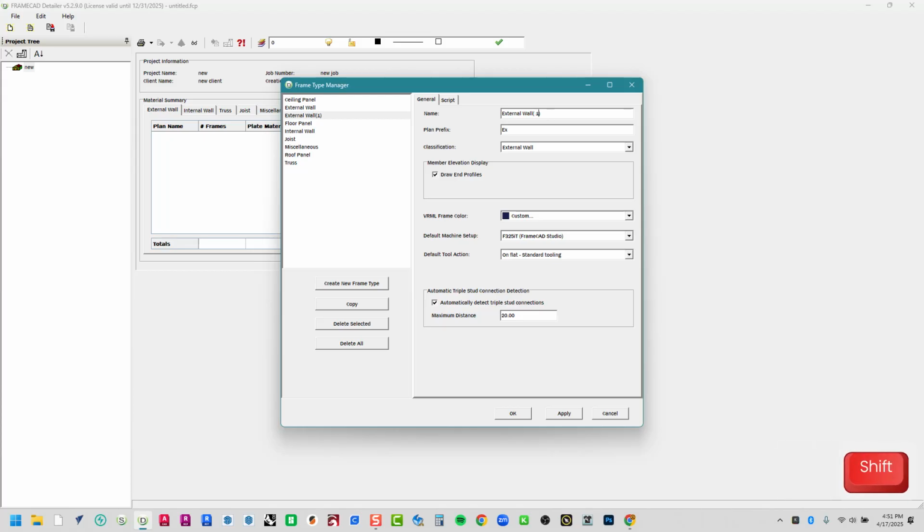So instead of just external wall 1, I'm going to take out the 1 and I'm going to call it Studio. So that way I can differentiate this external wall from the external wall I need to use whenever I need to build a wall for an OCC project. Okay. Make sure that automatically detect triple stud connections is checked. Okay. Let's go to